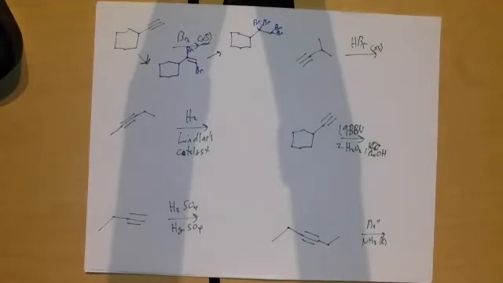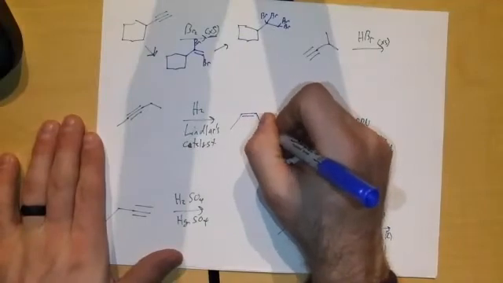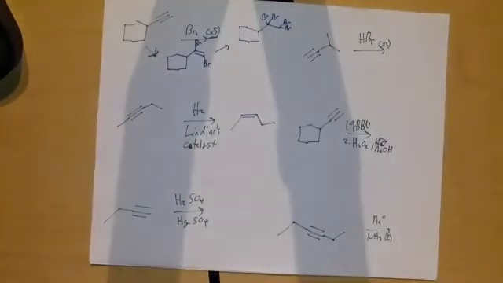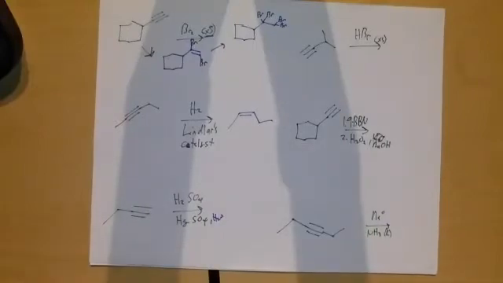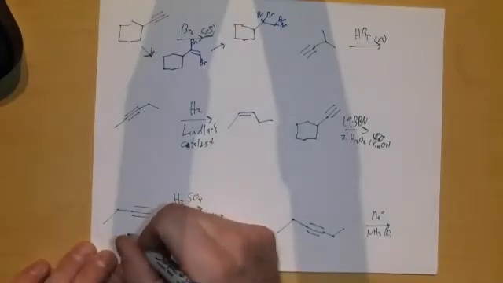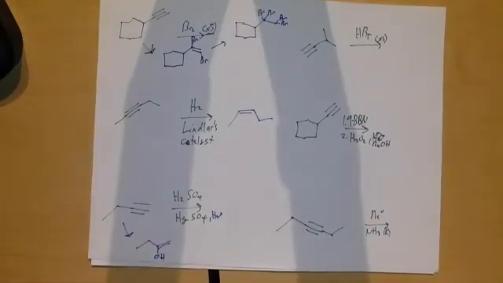So H2 adds syn to a double or triple bond. So it's going to end up giving us our cis product from this reaction, like so. This one down here, so I should have water in here also. We are adding an alcohol across our triple bond here. So we'll initially get something that looks like this, and then through an acid catalyzed tautomerization,